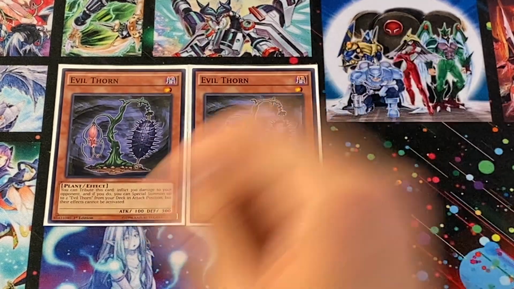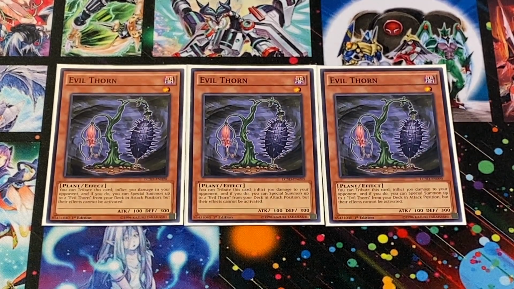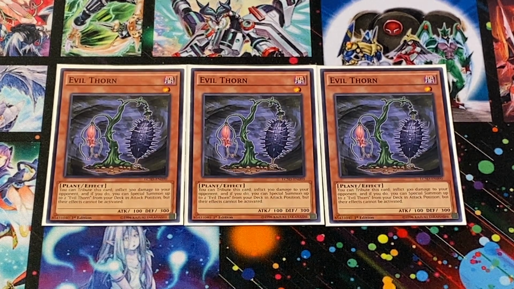copies of Evil Thorn. This is a level 1 plant monster, low, negligible stat line for the most part, that lets you tribute this card to inflict 300 damage to your opponent, and if you do, you could summon 2 more copies, or up to 2 really if you've already drawn one, of Evil Thorn from your deck in attack position, but those effects cannot be activated that turn. So Evil Thorn is an important card here because it lets you put 2 plant monsters on the field very